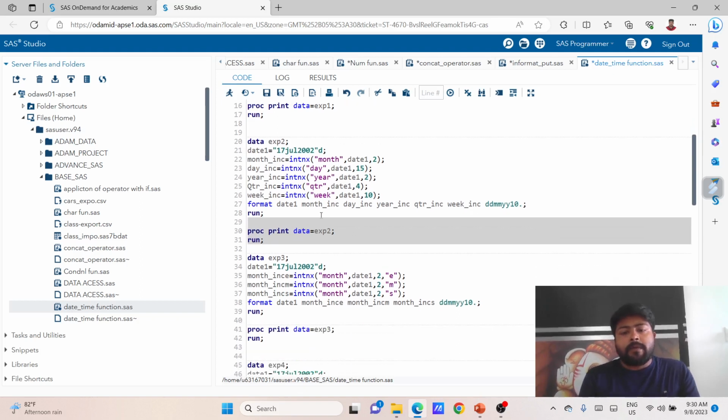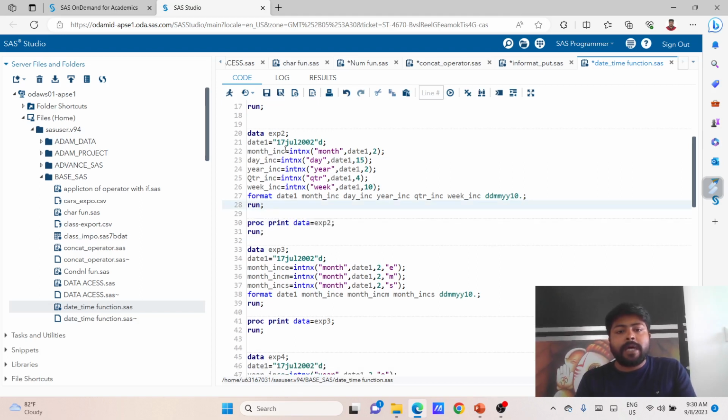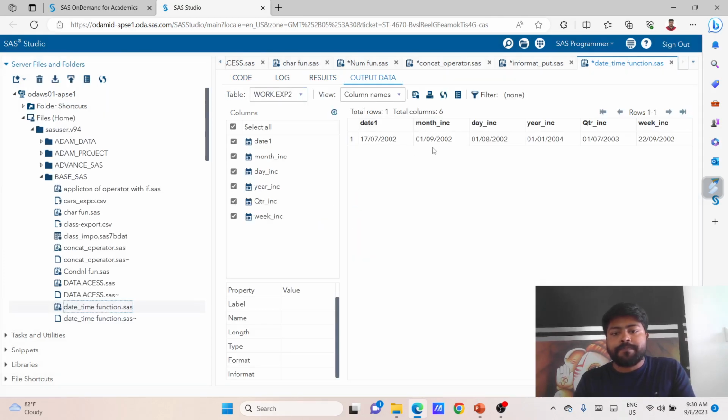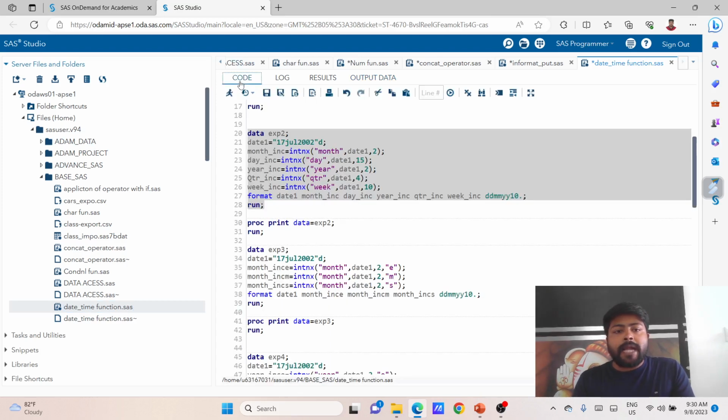One thing you see is that after running this data set we are not getting the exact value. Suppose I'm taking this 2 month increment, but the day always gives the starting date. You can see from here that I'm getting the result of the month increment of 2 months, but I'm not getting the same value as per the date, that is the day. For that there is a modifier you can use in the INTNX